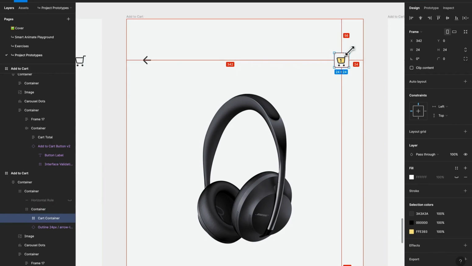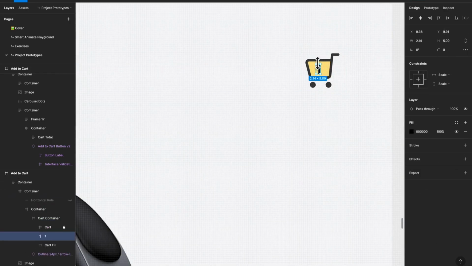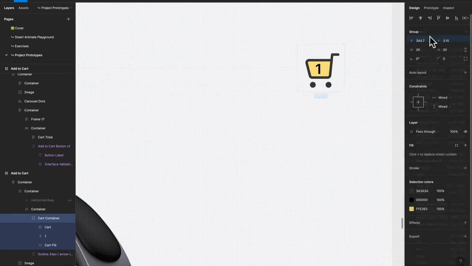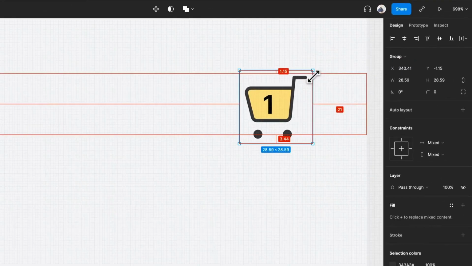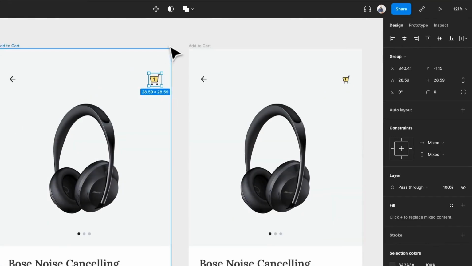I'm just going to bring this up a bit. Oops. This cart container, we can use it as a group. Pop it. So